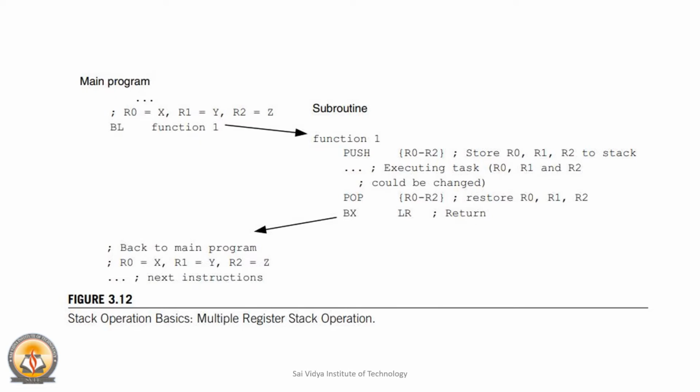are pushed inside the stack memory using a single push operation, and after executing the tasks of the function 1, the values of the registers R0, R1 and R2 are popped back and restored in the addresses. While using the link register, the branch will execute that particular loop and return to the main program.